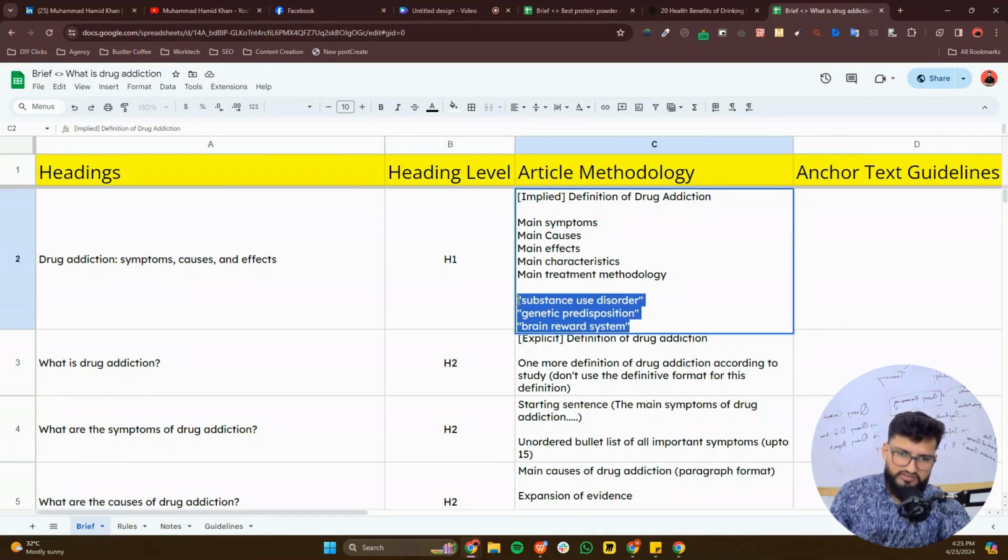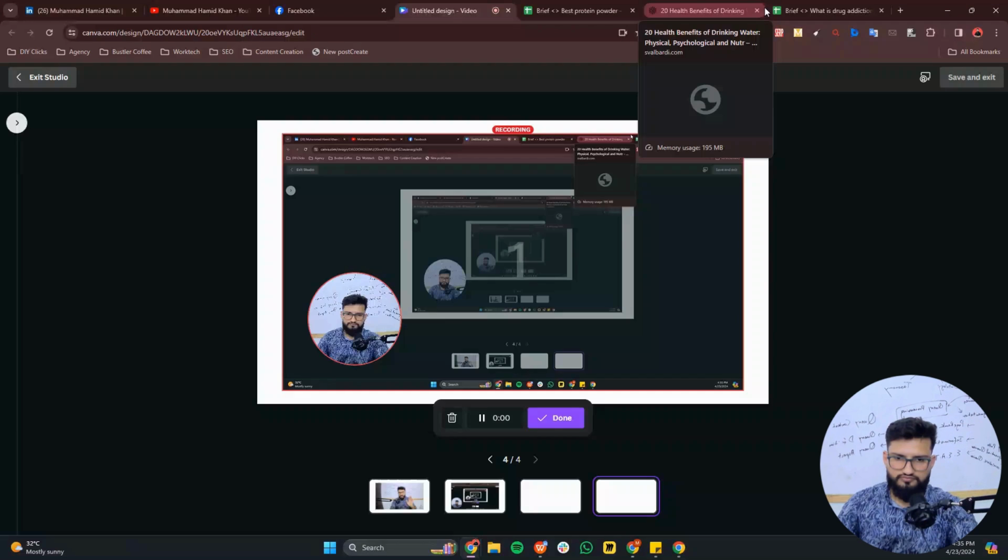Some context terms as well here, like I asked the writer to use these context terms that are coming in quotes. Okay,